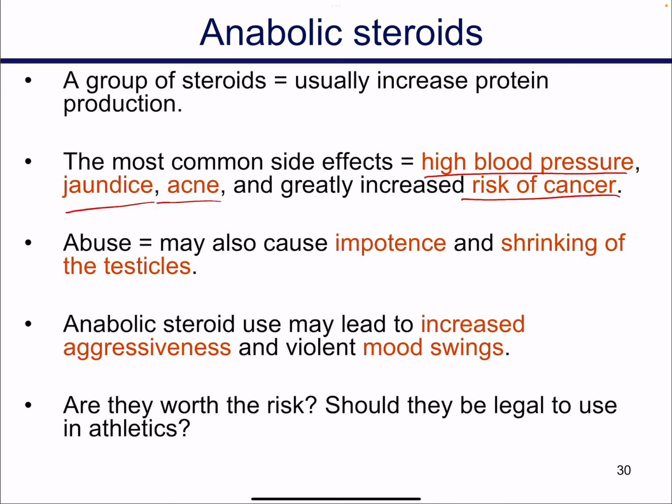This can also lead to some conditions, including impotence in males and shrinking of testicles. When you look at people who are actually lifting weights for competition, this is typically what happens in these individuals because they tend to abuse the use of steroids. Okay,